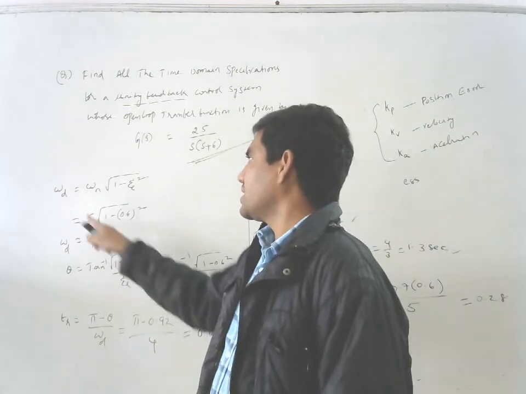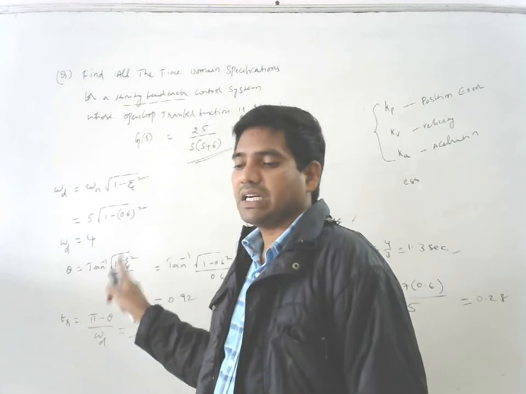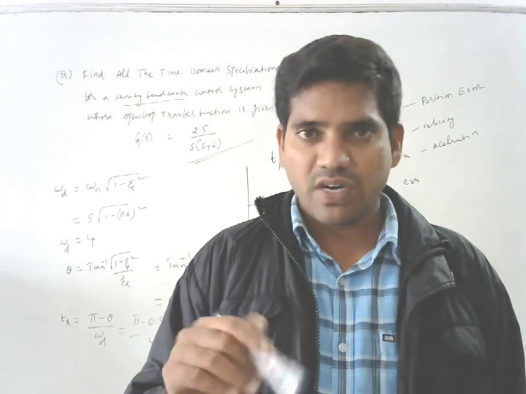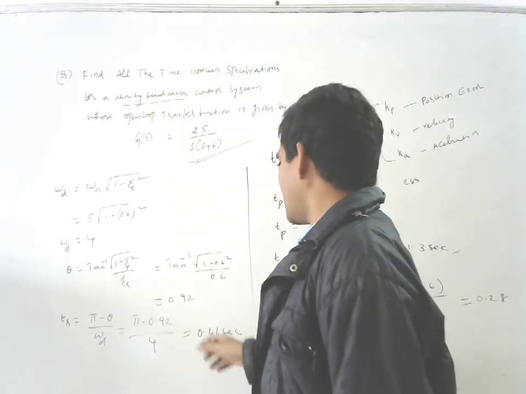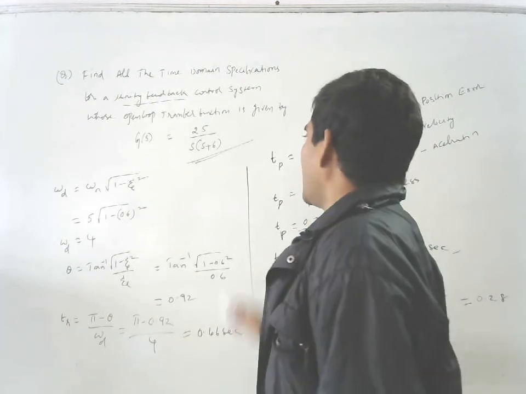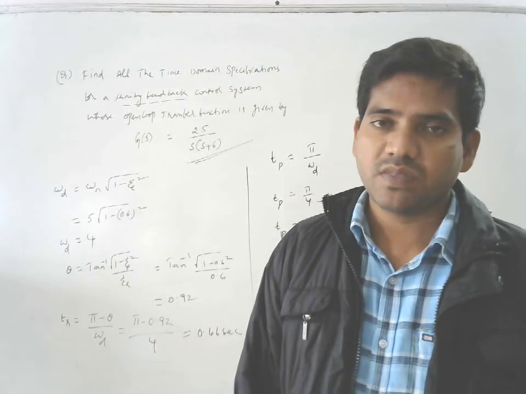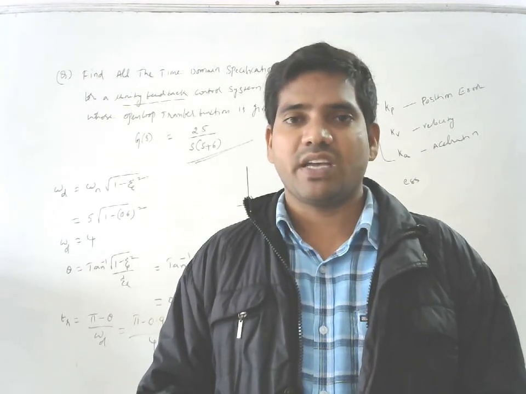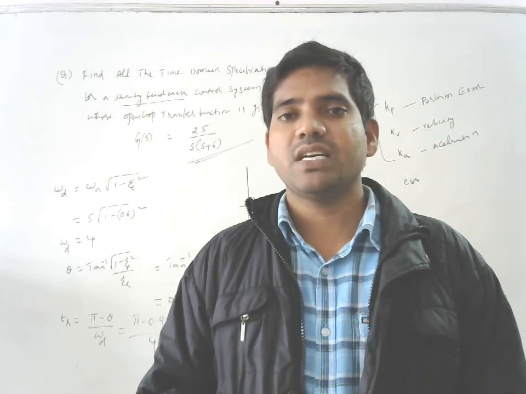Once I am writing the omega d value, omega n value, theta value, here we need to convert the theta value in terms of radians. That means pi is 3.14. Whatever value you are getting in degrees, we need to convert into radians per second. Why? Because all these omega d, omega n values will be in radians per second. All the remaining times, TD, TP, TS, will be only in terms of seconds. The time domain specification, in the name itself, they are time domain specifications, right? All values will be in terms of seconds, right?